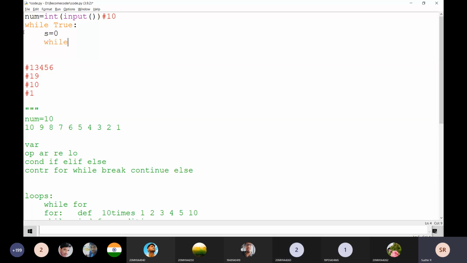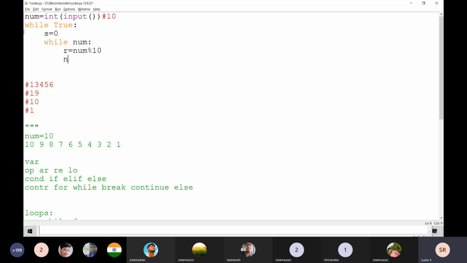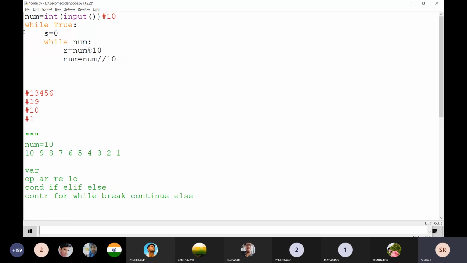Then while num, r is equal to num mod 10. Num is equal to num by 10. Okay, and then s plus is equal to r.